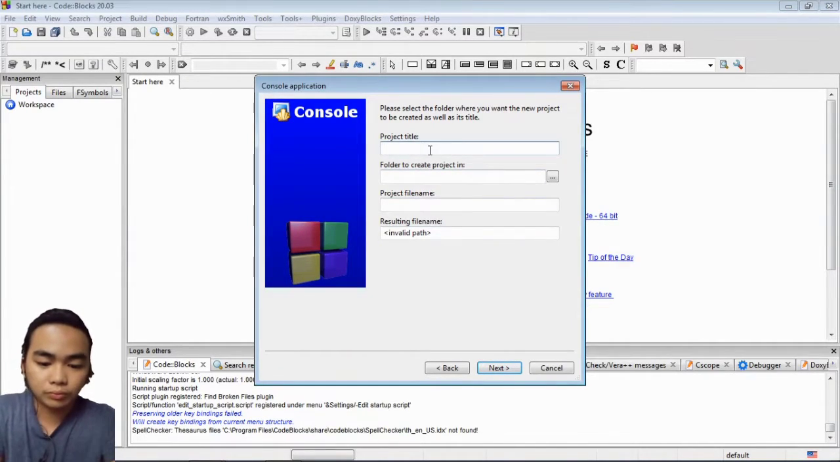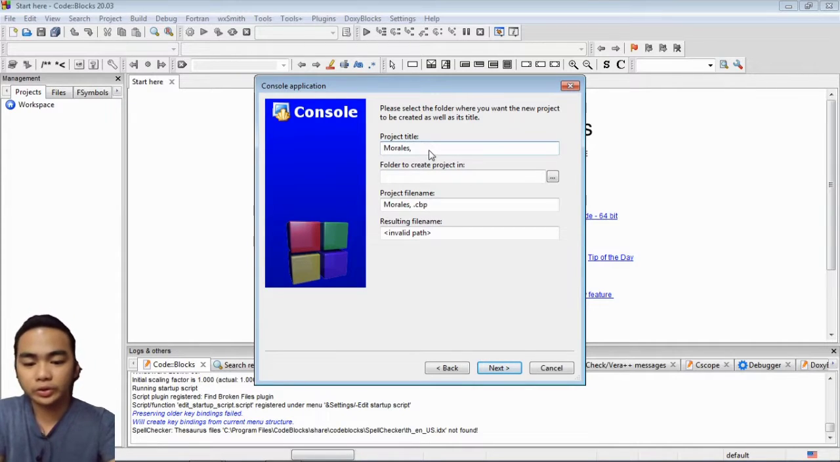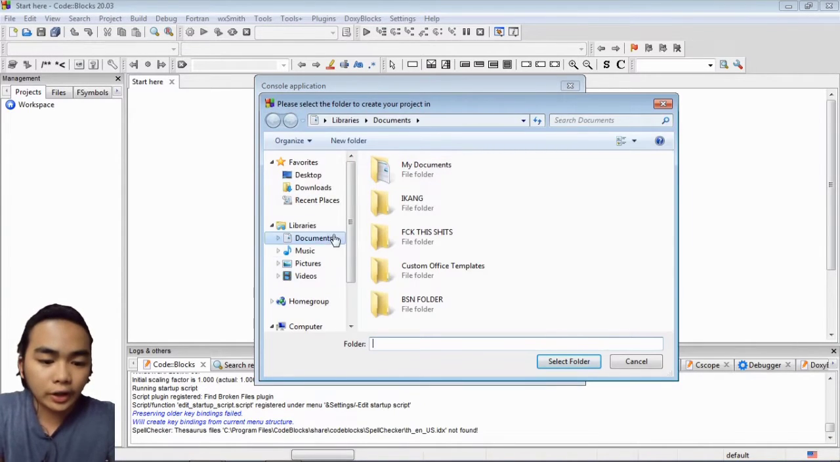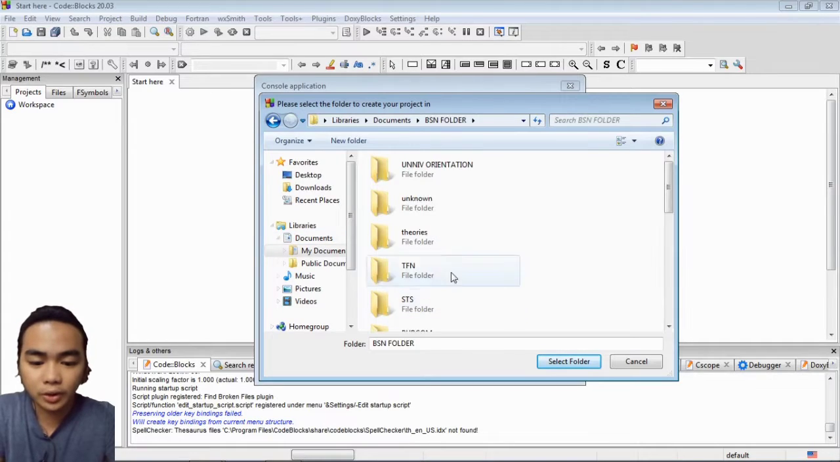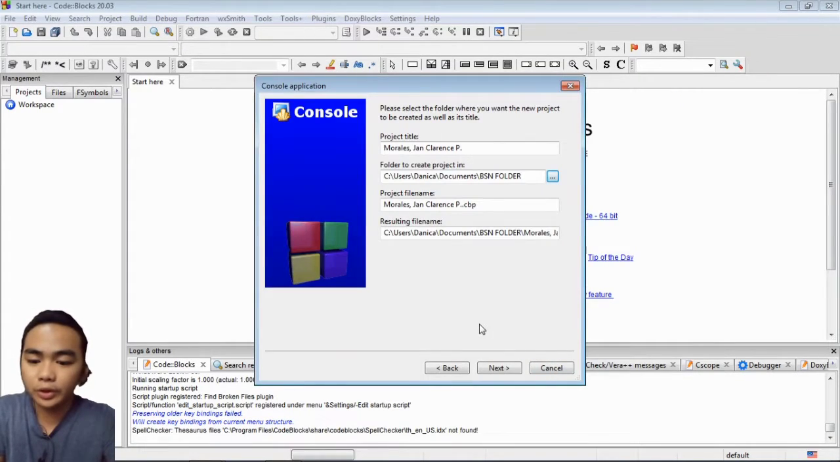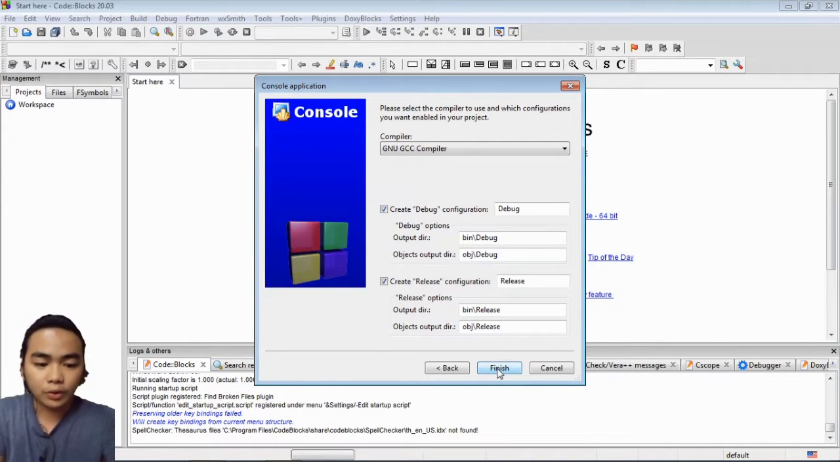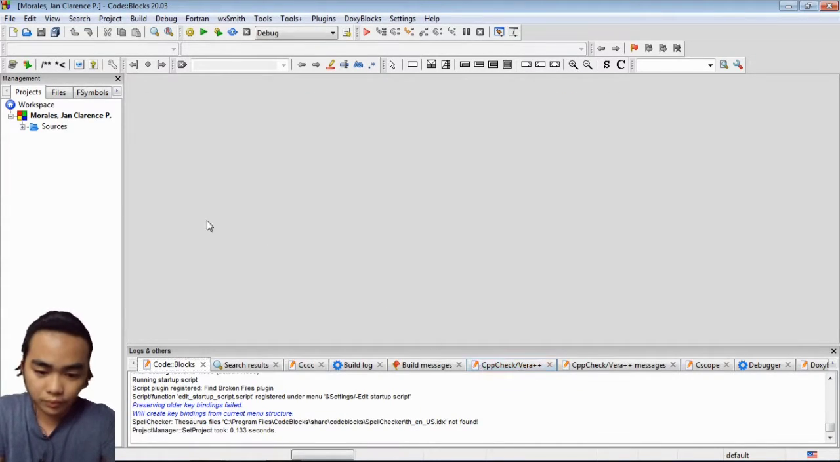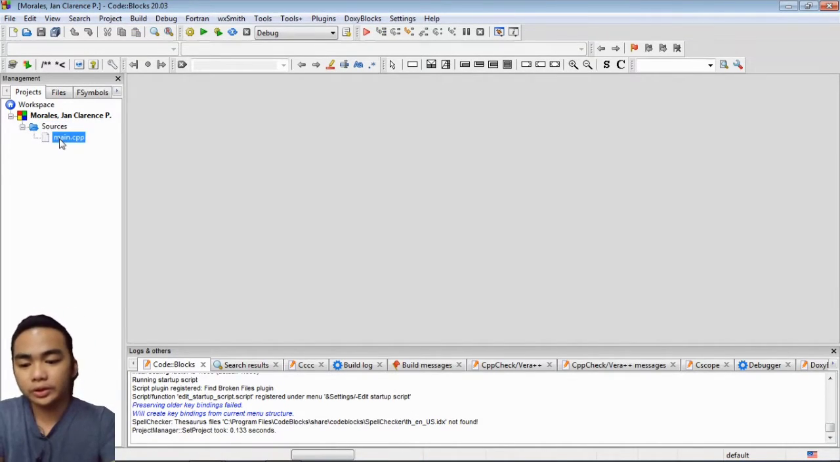I'm gonna call it Morales Clarence P, and you see here, I'm gonna store it in the documents folder, and let's click next. You see here there's a bunch of options. You can just leave those as the default, and we're going to click finish. Once we click finish, our C++ project should have been created. So over here in our little previewer, you'll see that we have our C++ project, and down here inside of the sources folder we have this file named